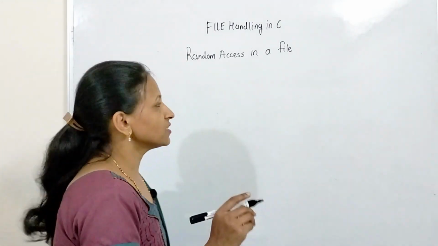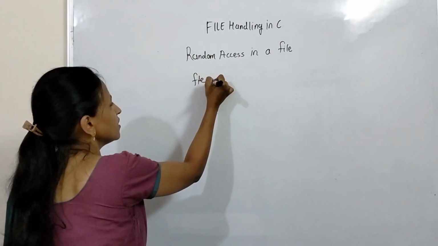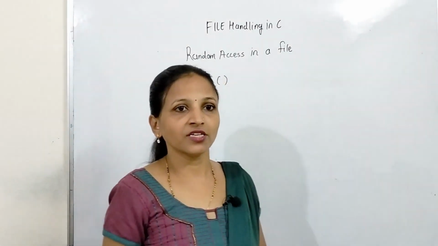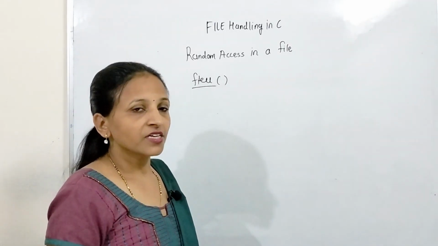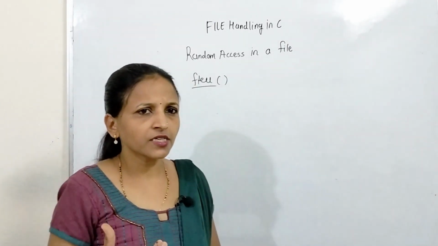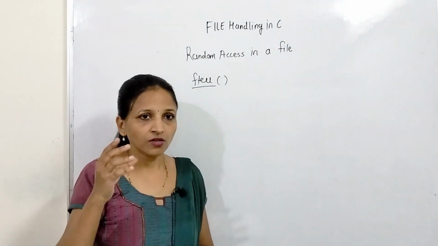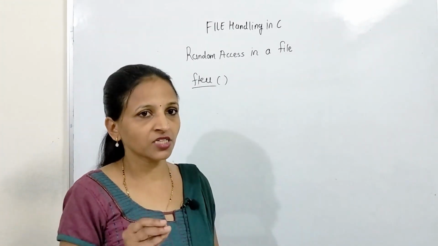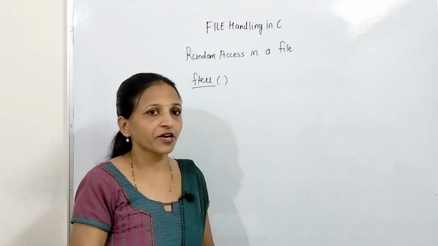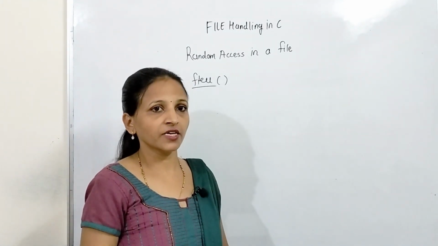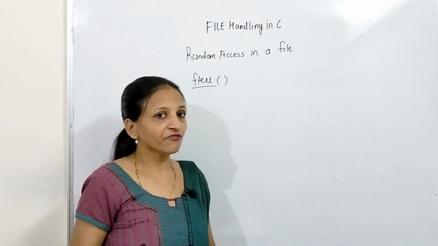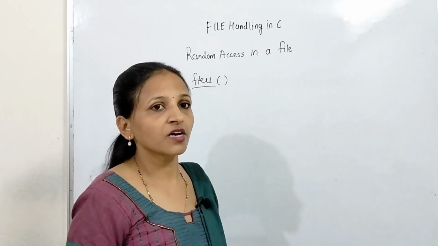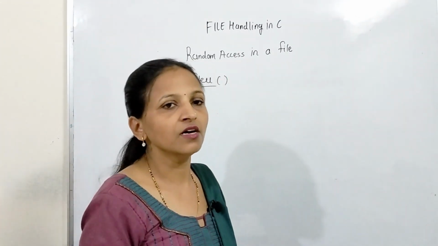The first function is the ftell function, which we can use to check where the file pointer currently is. Whenever we open any file, the position indicator is the position of an internal pointer. If you are doing a read or write operation in a file, there is one pointer pointing at some position inside that file. Where it is, you can find with the help of the ftell function. The ftell function will give you the current position of the pointer in a file.